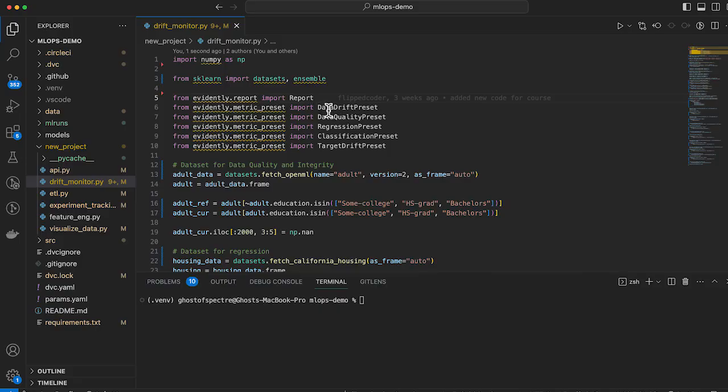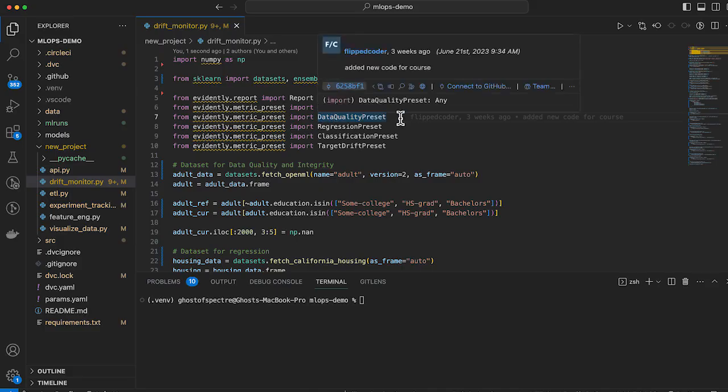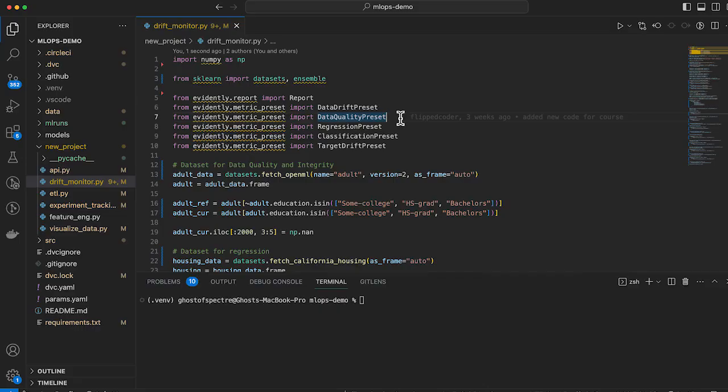So you'll notice we'll check for data drift, we'll check for data quality, and this has to do with, again, those values we receive. If for some reason we start getting a bunch of null values where we would typically get strings, that might lead to lower quality data. It just depends on what we're expecting and how our model was built to handle things like that. But this is one of the checks that's built in.